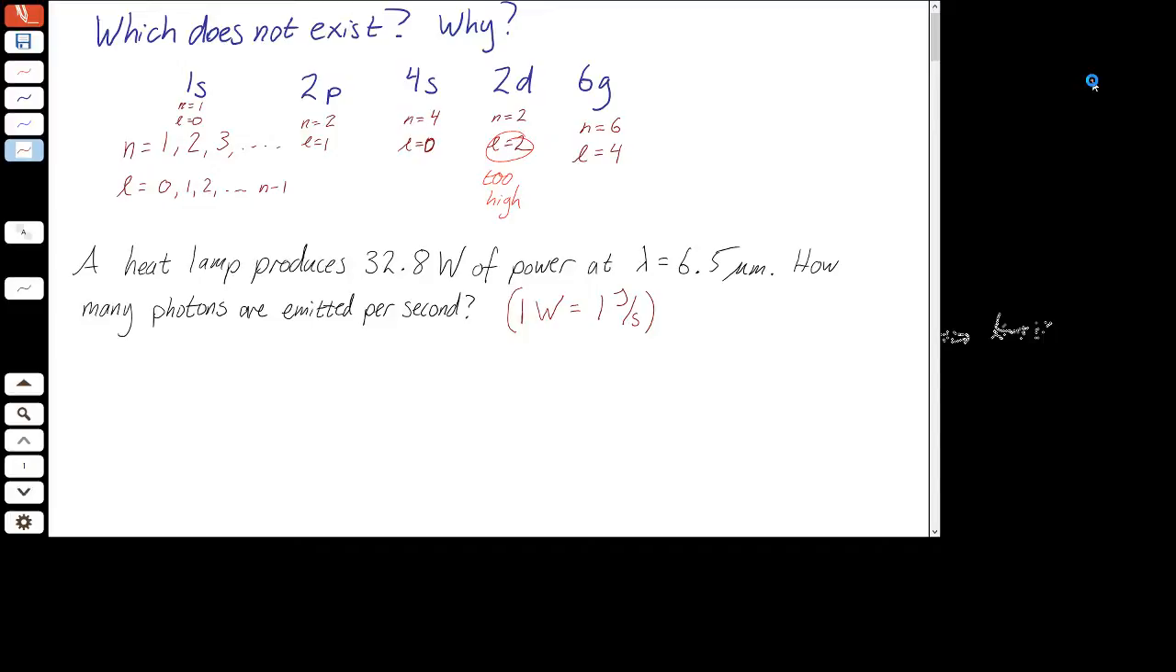All right. So we've got this lamp, a heat lamp, producing in the infrared at 6.5 micrometer wavelength. We know it's producing a certain amount of power. So per second, it's producing 32.8 joules. We want to know how many individual photons that is. I'm thinking of light as little packets of energy called photons. How many photons would that be? So any ideas